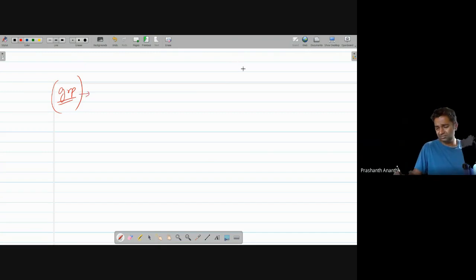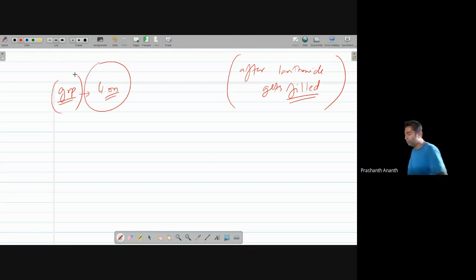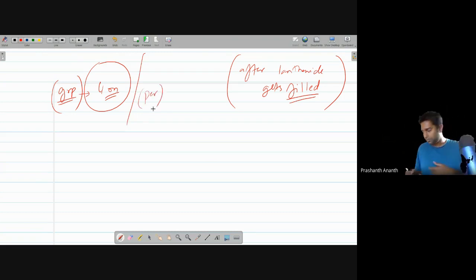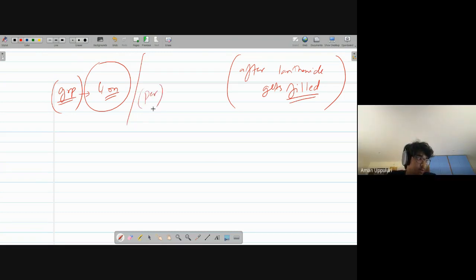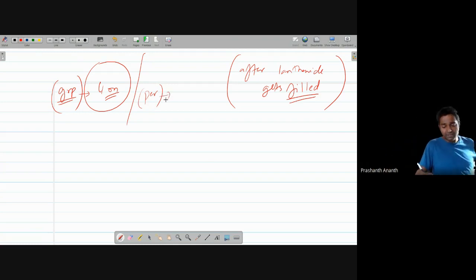Really? After the lanthanoids, so after the fourth group. Good. So it starts from group 4 on which periods? Periods 6 and 7. Good. 6 is there, but